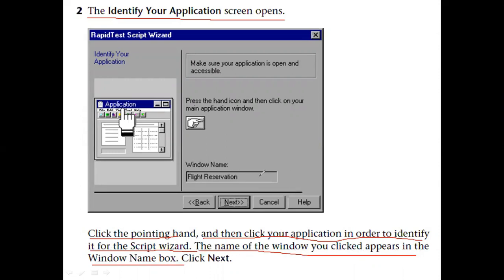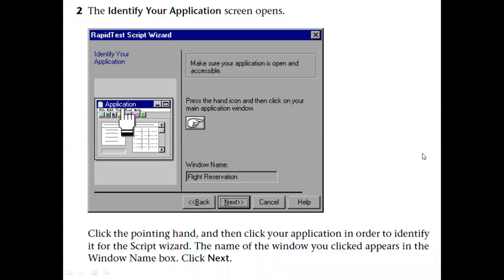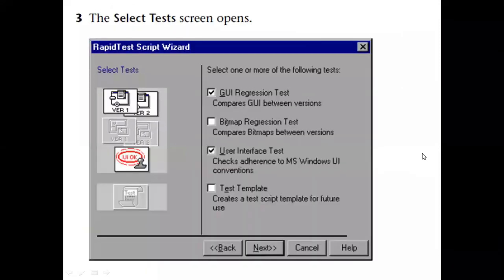For example, here you are going to select some application, the flight reservation application that you are going to check. This will appear in the window name. After that, you are going to click the Next button, and after clicking it, this window will appear.